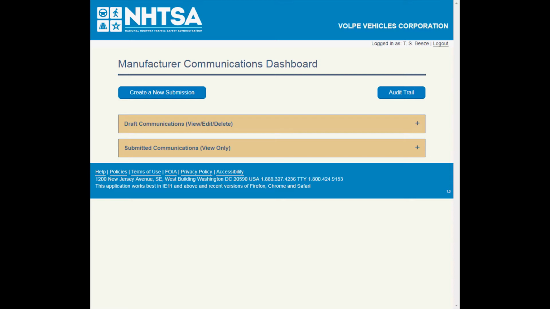Once you have logged in, a help link in the footer can be used to bring up the user guide as a PDF file. The Help Desk contact information is also listed there at the end of the document. Be sure to read through the user guide, as it contains more detailed information on using the MCP than can be